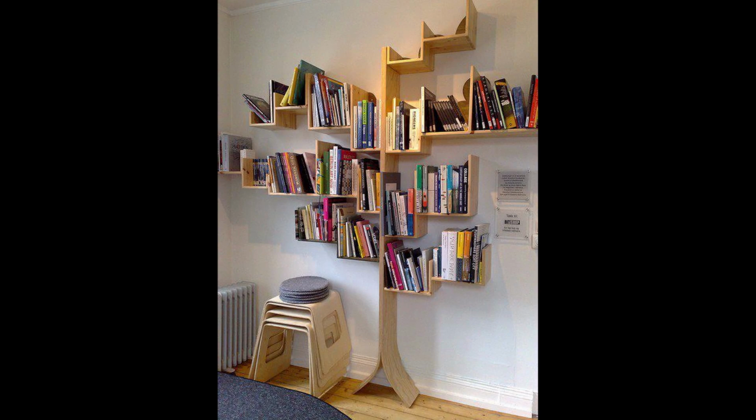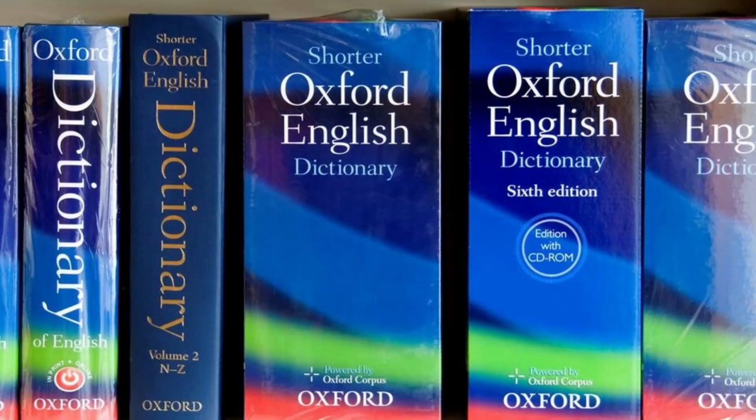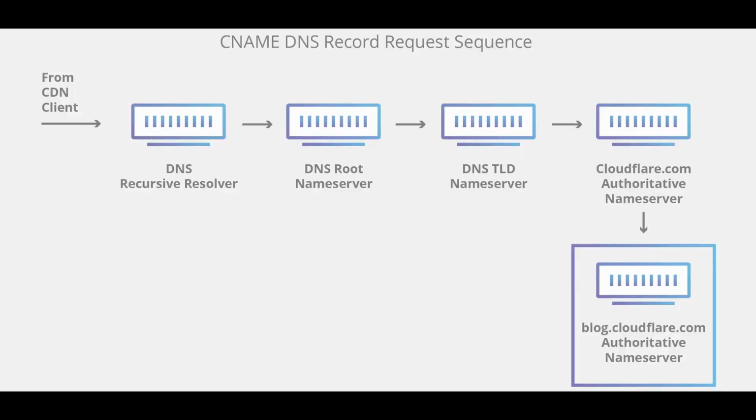The third server is the TLD name server. The TLD, or top-level domain, server can be thought of as a specific rack of books in a library. This name server is the next step in the search for a specific IP address and hosts the last portion of the host name. The fourth server is the authoritative name server. This final name server can be thought of as a dictionary on a rack of books, in which a specific name can be translated to its definition. The authoritative name server has access to the requested record and it will return the IP address for the requested host name back to the DNS recursor that made the initial request.